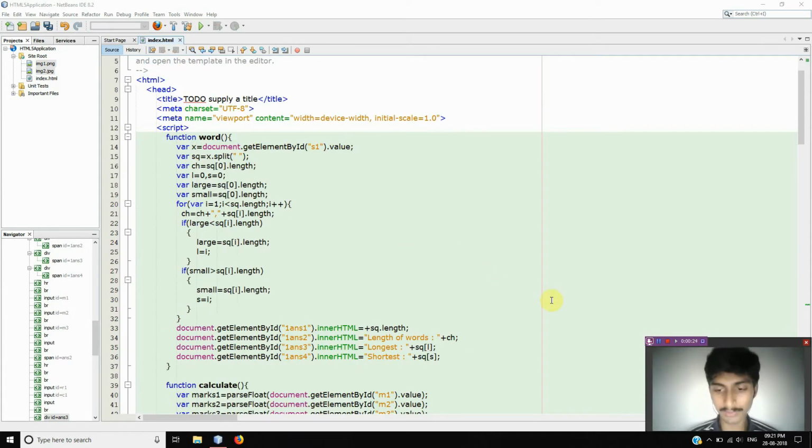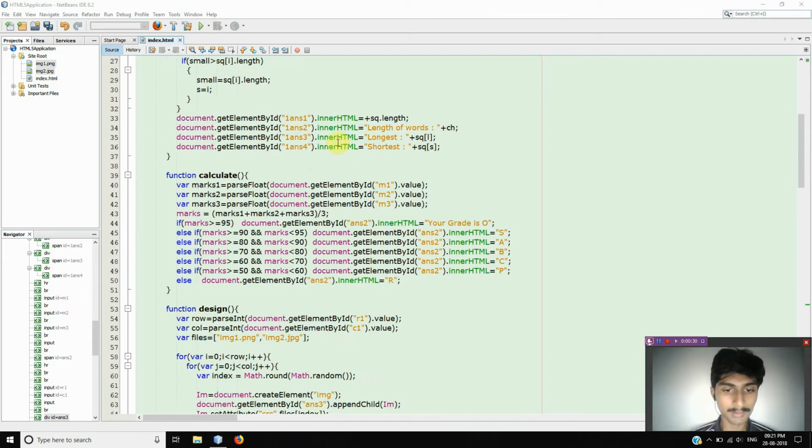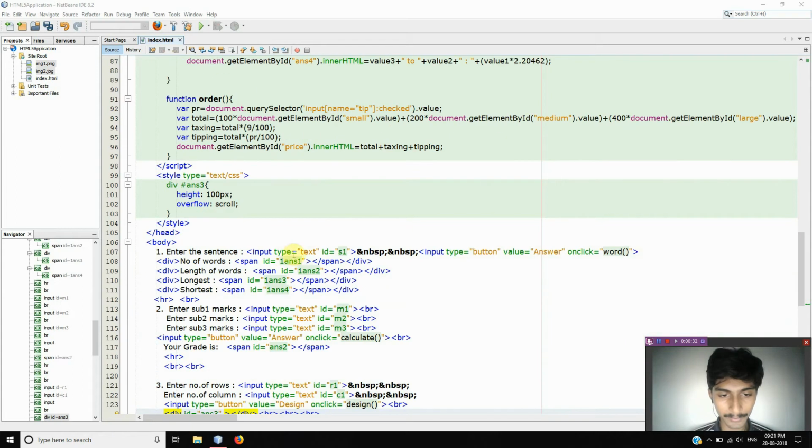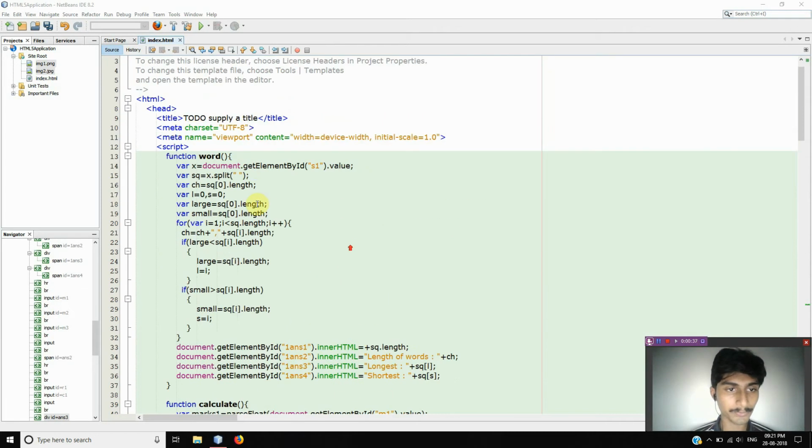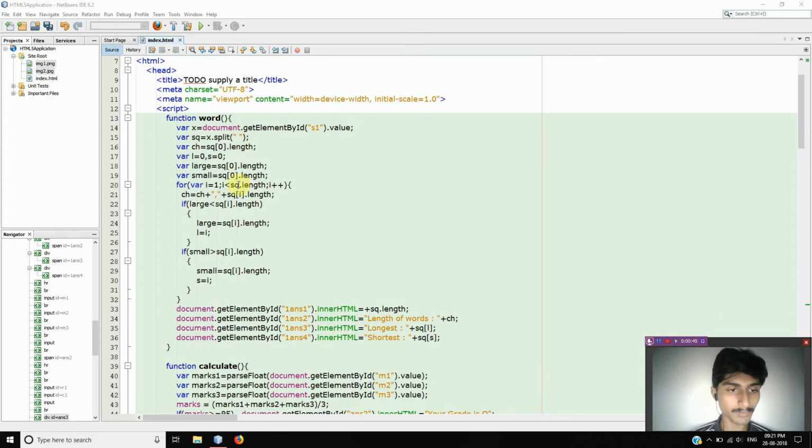So when you click the button, it will call this function word, and the function word will get the string by ID s1. So here the ID for this input type is s1. So you will get the input s1, and then it will split that and store it in this array. So it will calculate the length of each word. So I declared two other variables, 0 and 0, and then here using a for